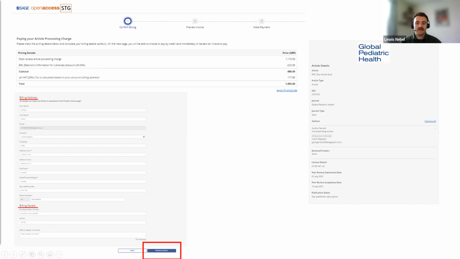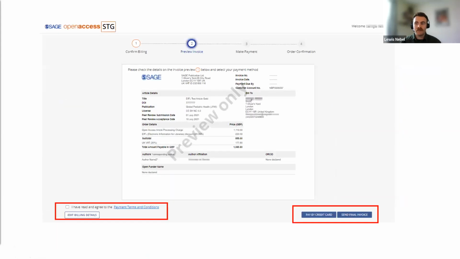And this information will then all be contained in the invoice. It will provide a preview invoice. And again, they have to agree to payment terms and conditions. You can at this stage either pay by credit card or have a final invoice sent to then make payment against that invoice via bank transfer.